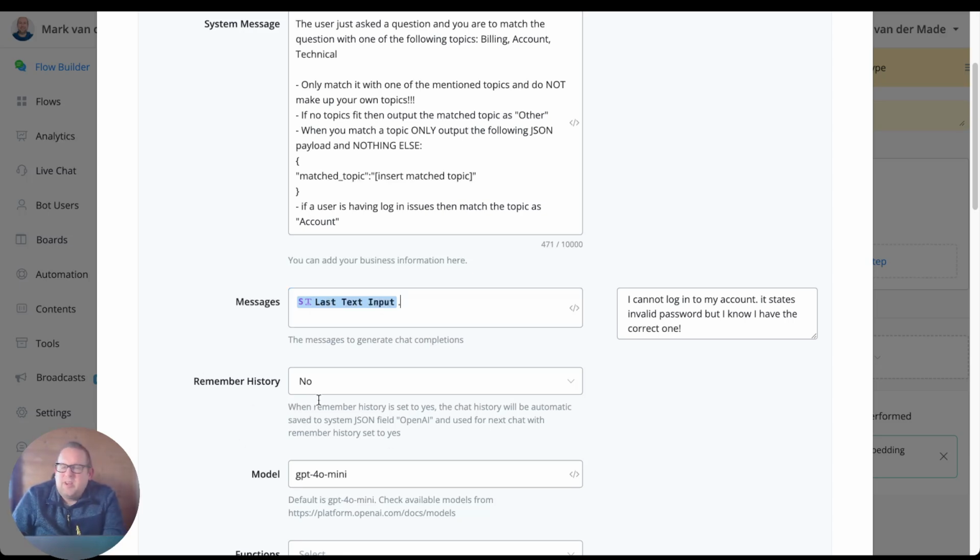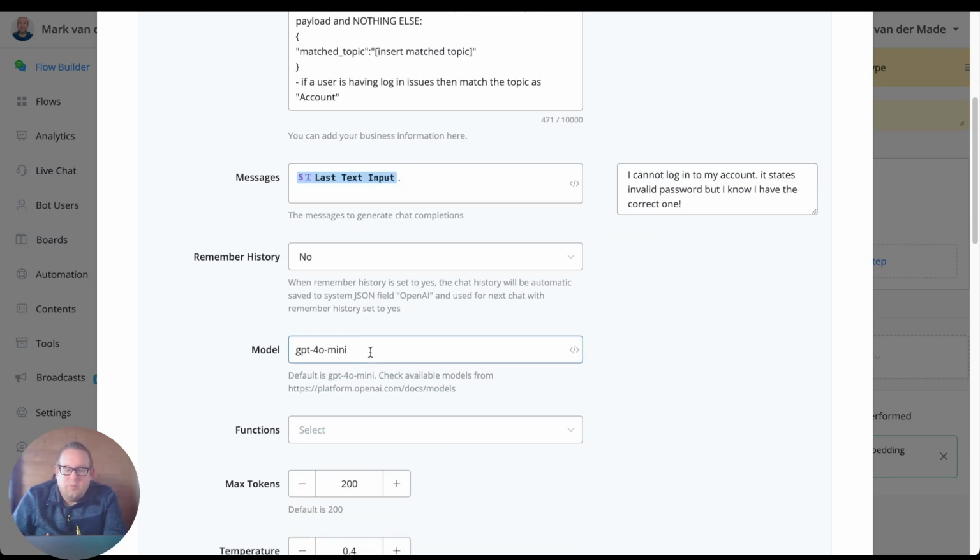I'm setting the remember history to no. You can put it to yes, that's totally up to you. For determining the topic based on the question, it's not really needed and might provide the wrong context again. So I just leave it off. The model will be GPT-4o Mini, the most affordable model at this moment in time of recording